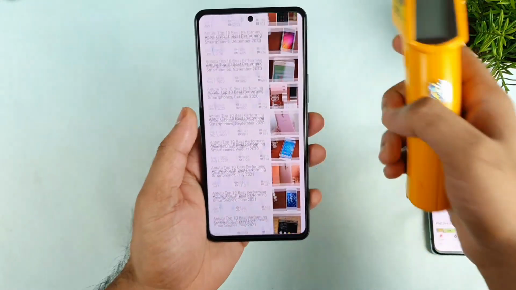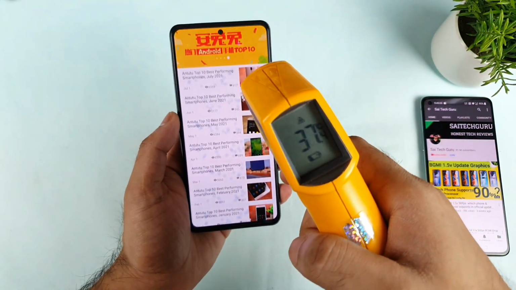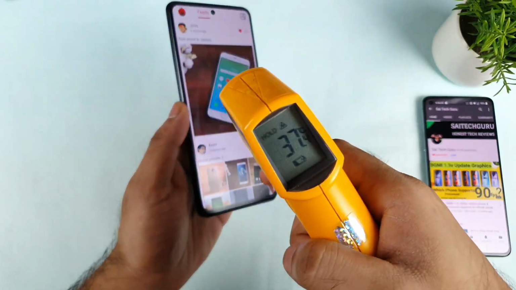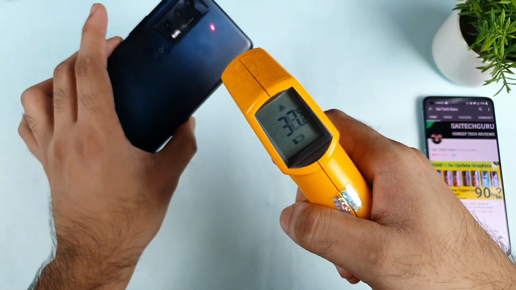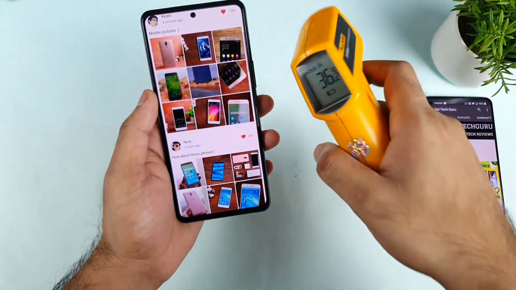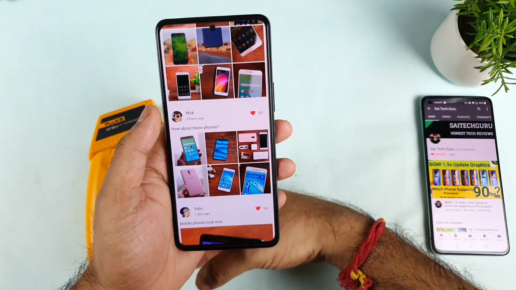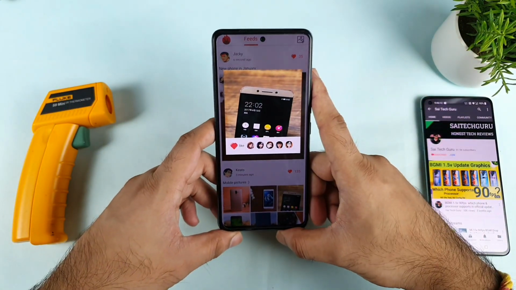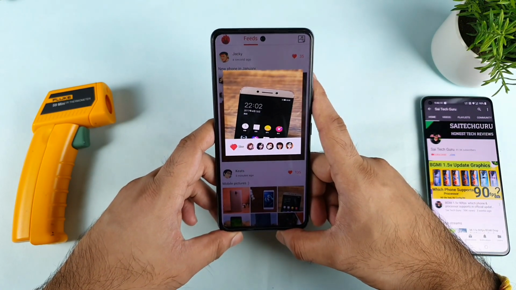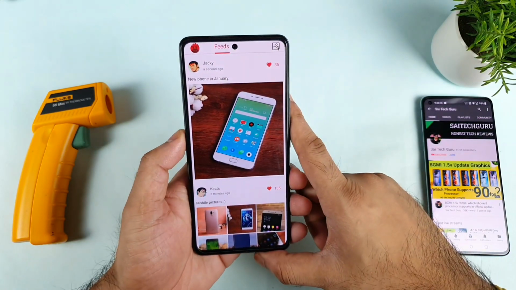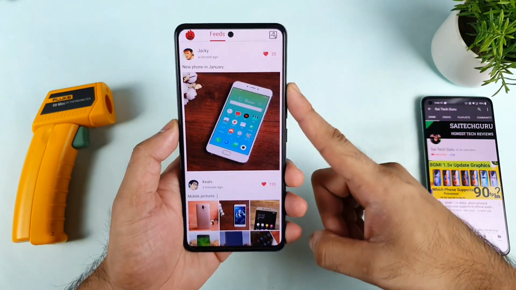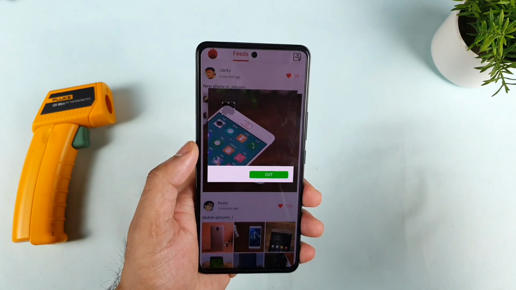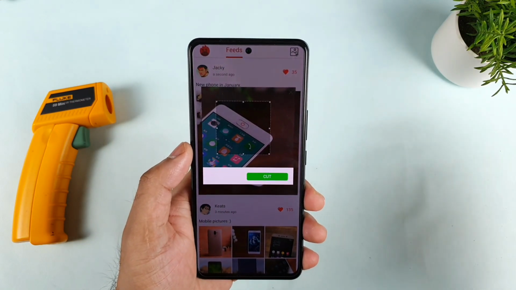Right now, as you can see, friends, the Antutu benchmark test is going on in this phone, and the temperature at maximum only went to 37 degrees, 37.5 and 37.4. So it did not increase much more than that. 37 is the limit for this iQOO 7 device in terms of temperatures during the Antutu benchmark test. Let's see how much Antutu benchmark score we can expect. And in case you have any other queries on the iQOO 7 device, let me know in the comment section below. As I said, this is my first time doing the Antutu benchmark test using the latest version, which is 9.1.0.